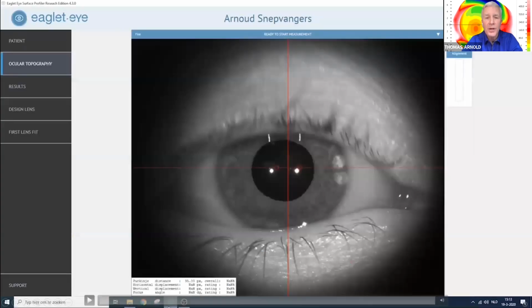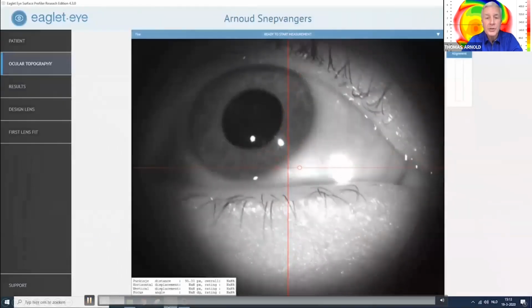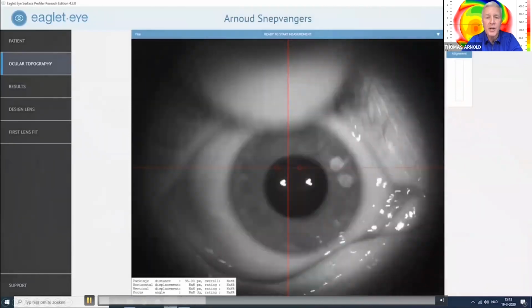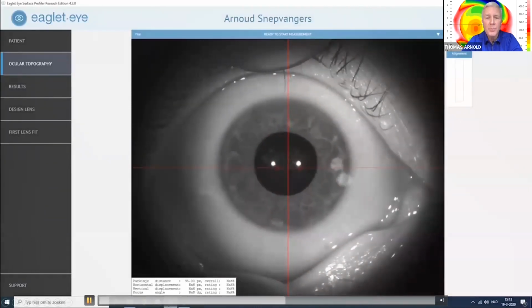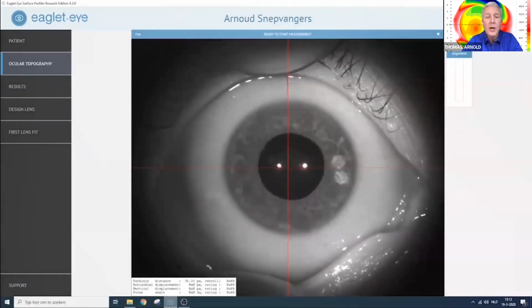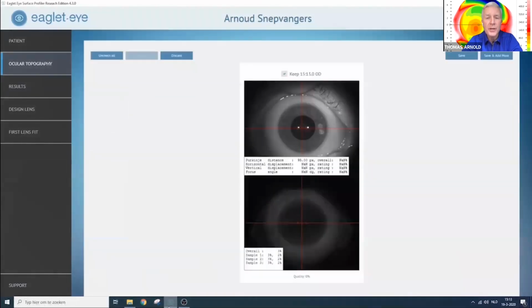I think we have a little video here. This is what the technician or the doctor would be seeing as they line up, open up those pupils or the lids, align the Purkinje images, and click capture. And then you can review it to see if this is the image from which you glean the data